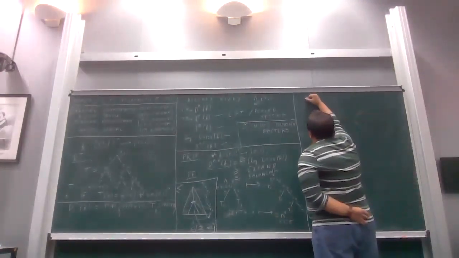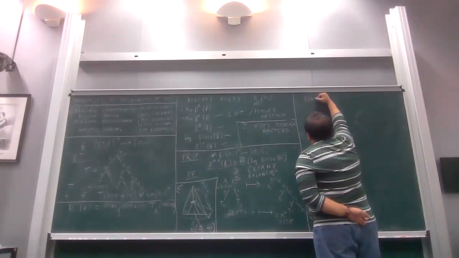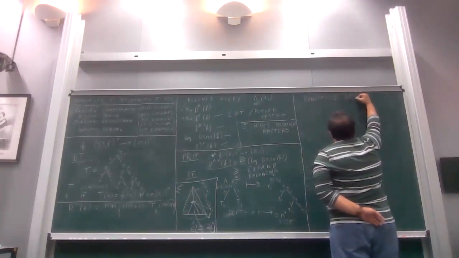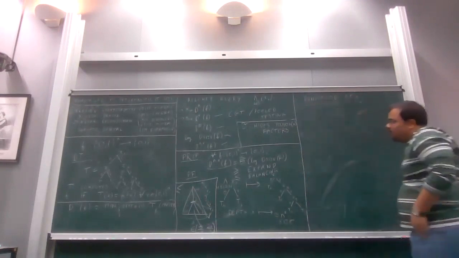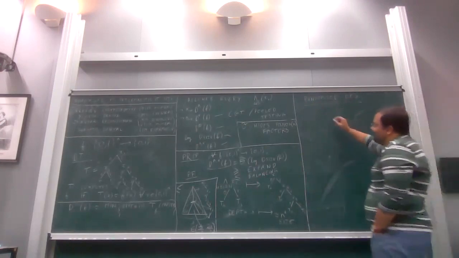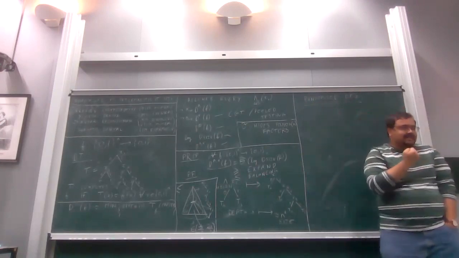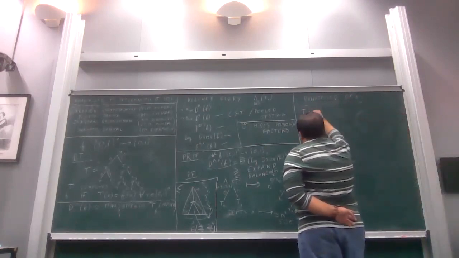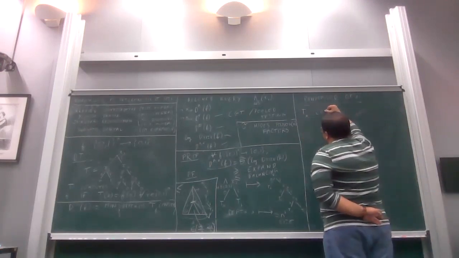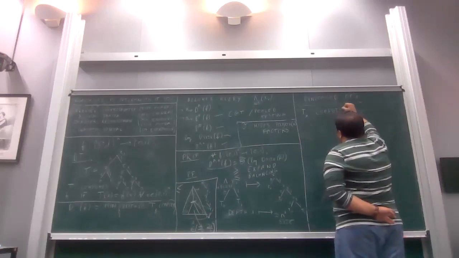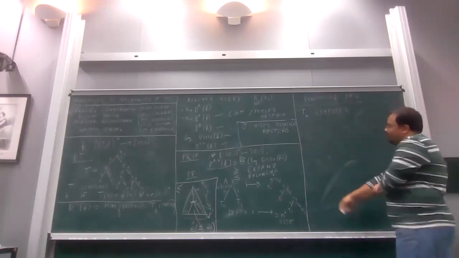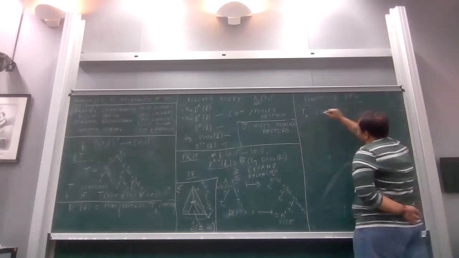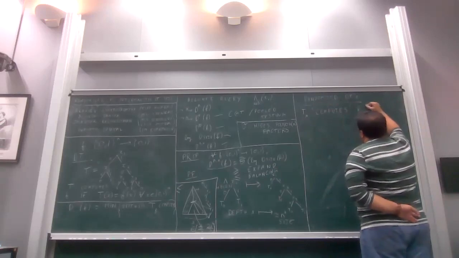Now, next, what I want to do is talk about randomized decision trees. The view of randomized decision trees I'm going to take is that a randomized decision tree is a distribution over deterministic decision trees. So T mu is a randomized decision tree. I'll talk about its cost measures and so on. But first, I'm going to say a randomized decision tree computes a Boolean function f